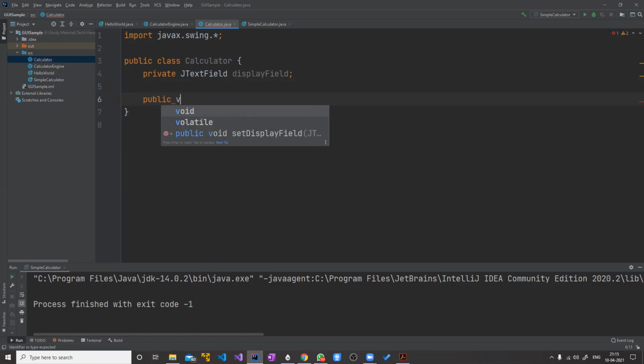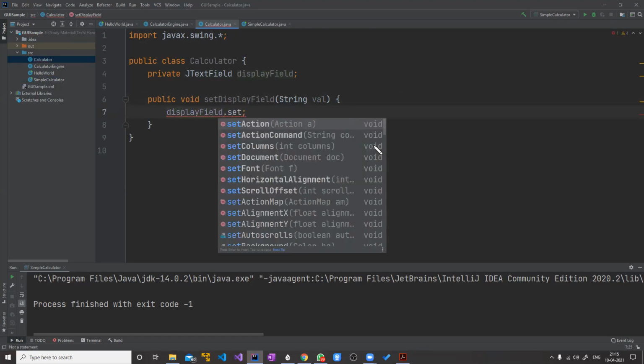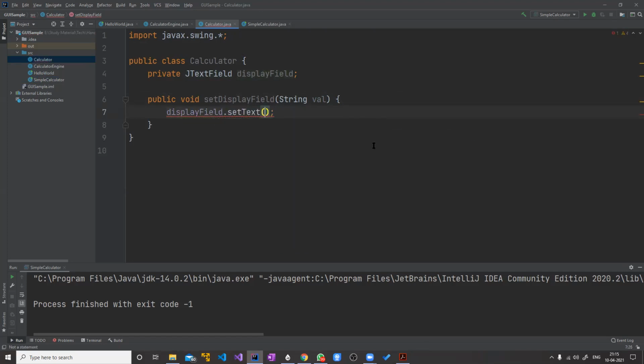So public void setDisplayField, that is the setter. Let's give it a string, and we set the display field's text value, displayField.setText to this value.